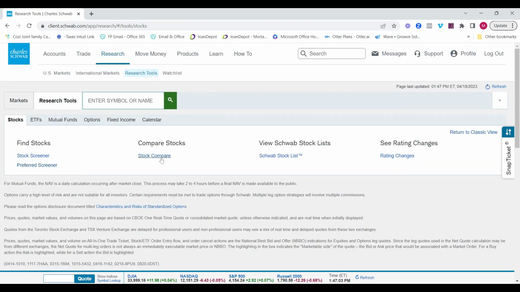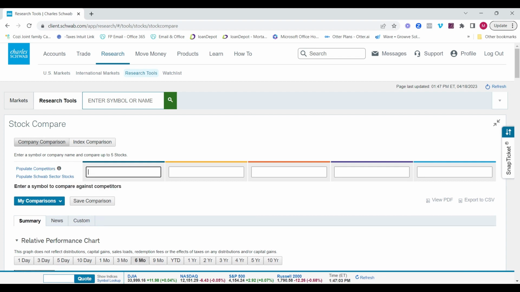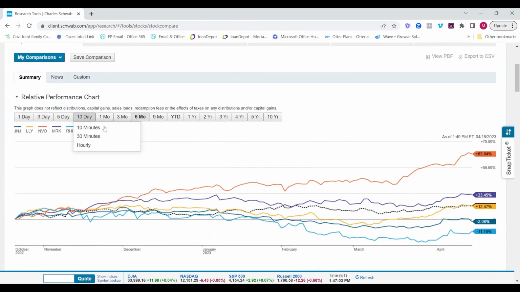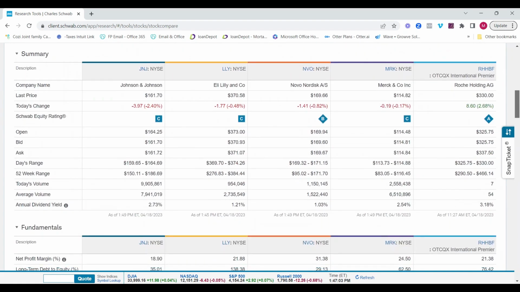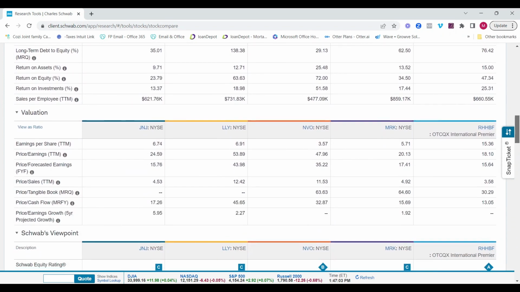Back to research tools, stock comparison. I actually like this one because you can compare up to 5 stocks at once. They have a button where you can just populate the competitors. So let's say I want to put in a company like Johnson & Johnson. Again, for example, populate competitors. Without me having to think, it automatically pulled up some top competitors. And now I have them here in chart form. And then I can keep going, side-by-side comparison with summary, fundamentals, valuation,